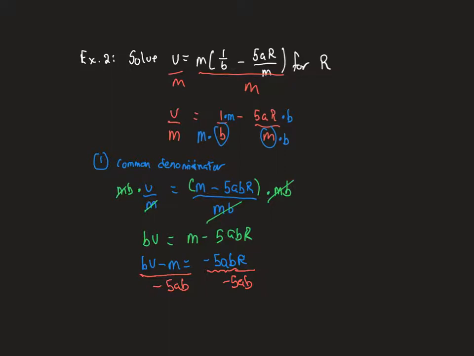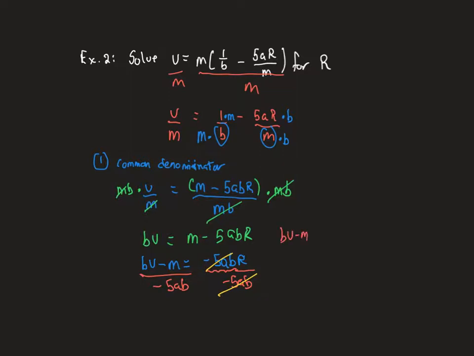Which will end up canceling the -5ab. Now notice here, it will not cancel this b here. To cancel this b, you'd have to have a b here as well. You have to be able to divide both terms. So keep that in mind. Alright, so that's going to leave us with